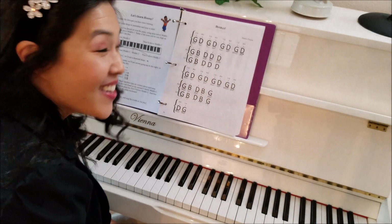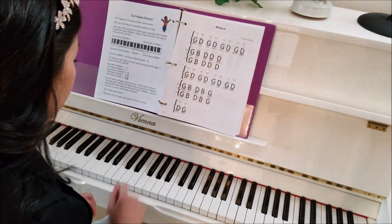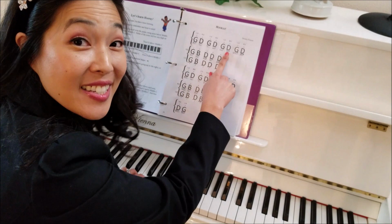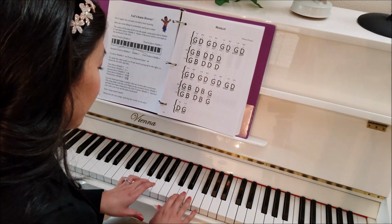Yippee! Then the next note is the first G above middle C. So here's middle C, there's the first G. And then the second D above middle C. So there's the first and there's the second. So together,